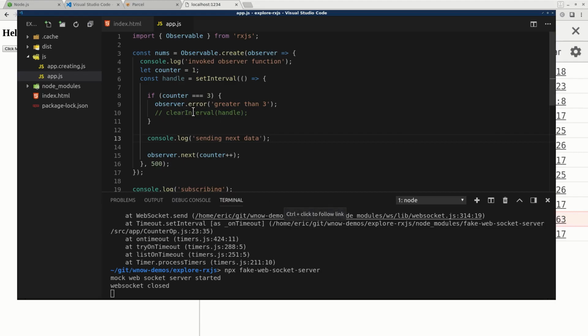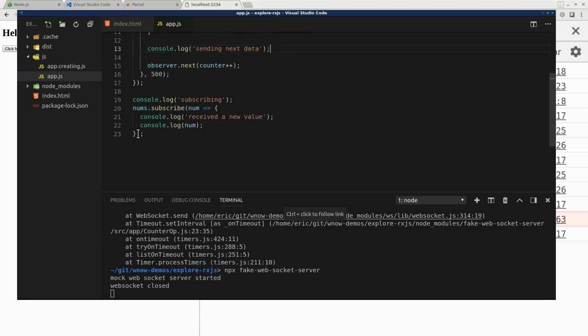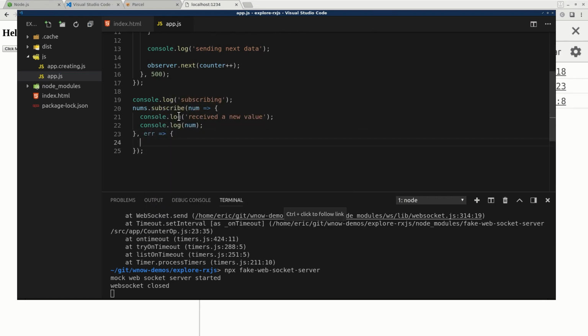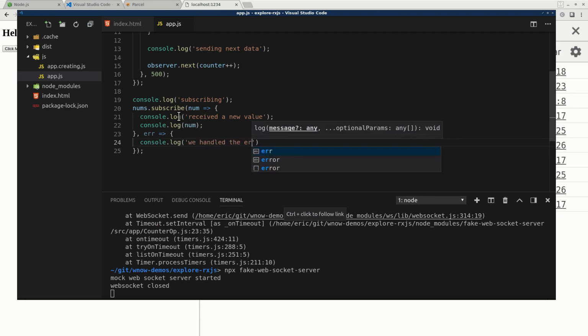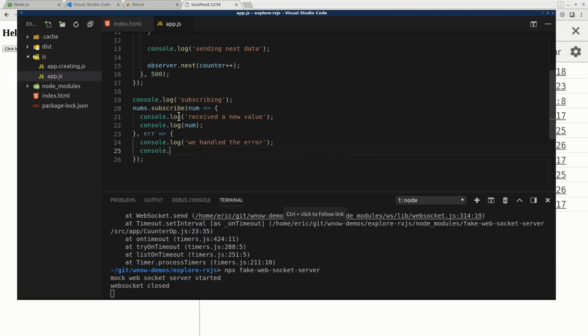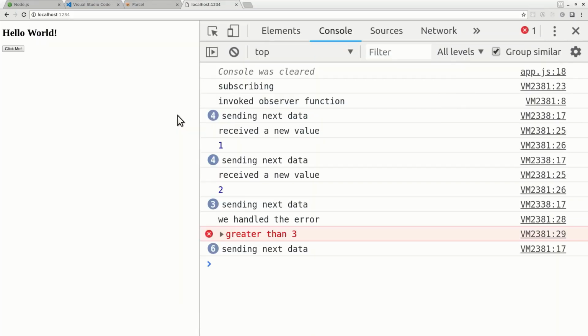Now we can actually handle this error inside of our subscribe by having an error function. So we'll come in here and say console.log, we handled the error, and console.error, and there's our actual error. So now take a look. Now we actually did handle the error. It's not uncaught anymore. But notice, even though we're still calling the interval over and over again, still no more